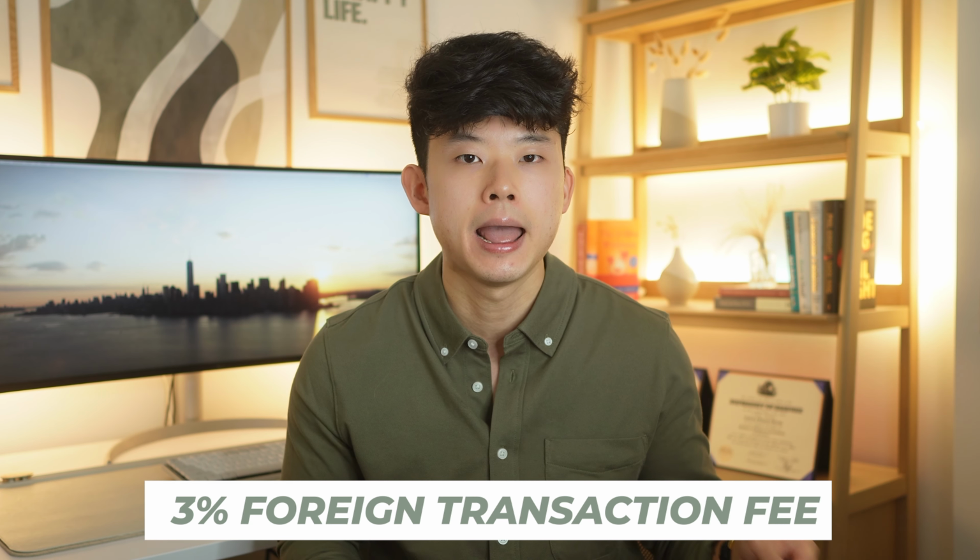Now, the only major downside to this card is that it does have a 3% foreign transaction fee, making it not ideal for international travel. However, that's why we have some other cards in this setup. And then last and most importantly, while the Chase Freedom Flex is technically considered a cashback card, rewards actually come